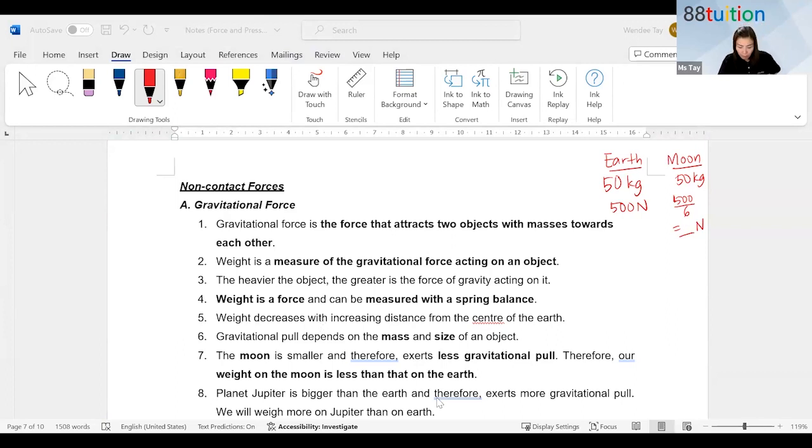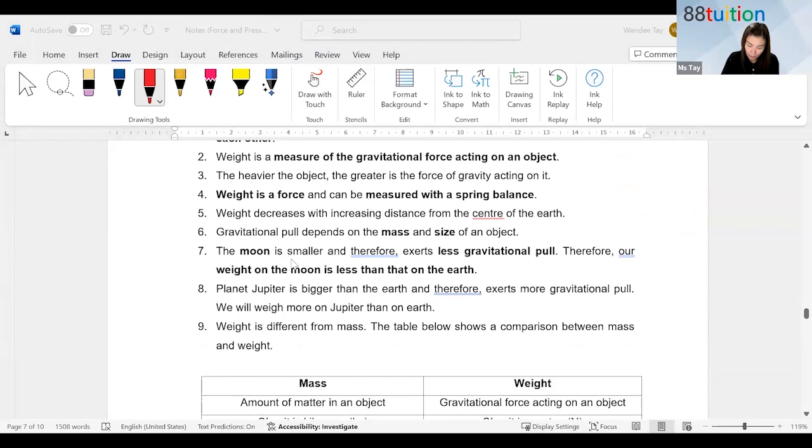All right, let's continue. Gravitational pull depends on the mass and the size of the object. I think that is also something that we talk about. So you see here, the moon is smaller, so lesser gravitational pull. So the weight